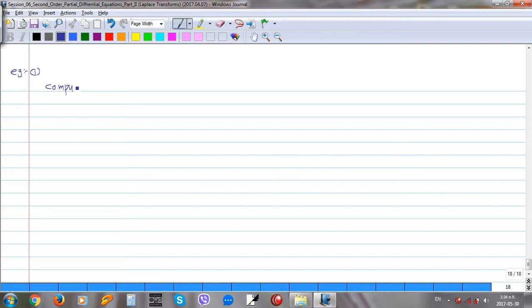Compute the Laplace transform of the function e to the power 4t plus 5. This function is a continuous function, right? So according to the definition,